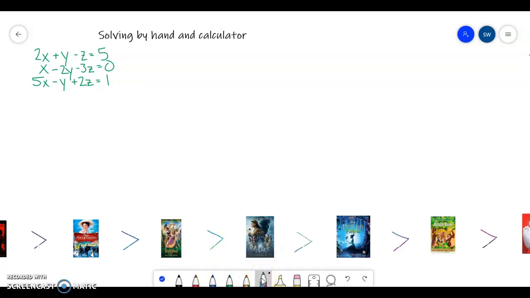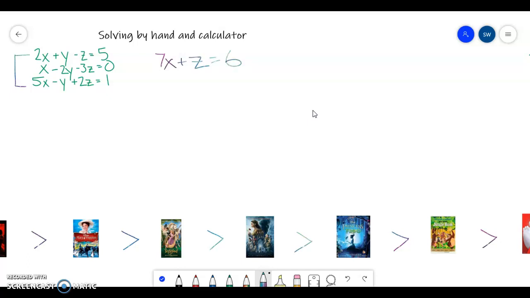Okay, so obviously we have two methods. We can do substitution or elimination, which in my opinion most of the time translates to elimination, because elimination is almost always faster, especially when we're dealing with integer coefficients. Your goal is to eliminate one variable at first. So if we add the first and last equation, we would have 7x plus z